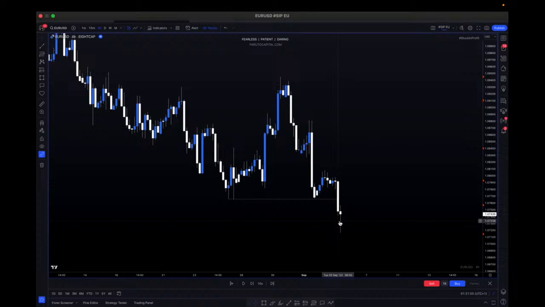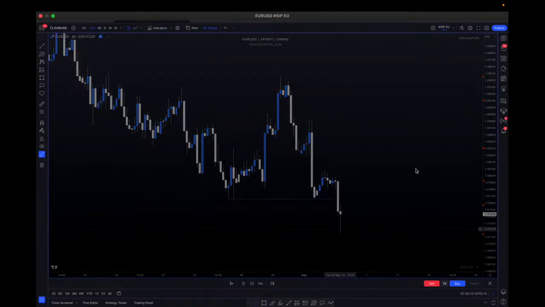We're going to have a pullback and then a continuation, because of the momentum. Later on, maybe going into the new day, we may look out for a reversal setup. But for the New York session, the momentum was high, and we're still going to get that continuation setup. So going back to the 50 minutes,